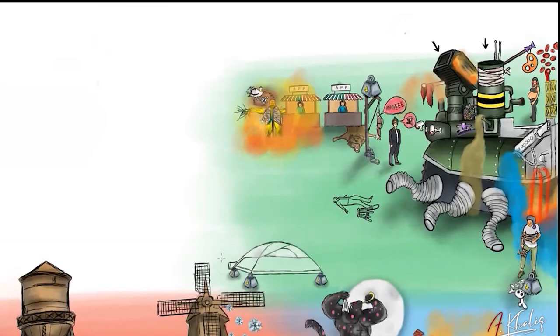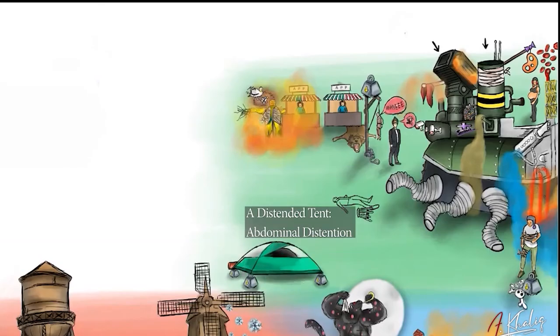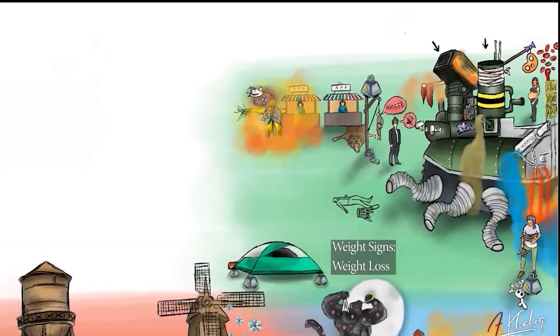Next, we're going to talk about abdominal distension, and we're going to represent this with a distended tent that looks like abdomen. Now, this distended tent is supported by 4 different weights. So, in a distended abdomen, you're going to ask about weight loss. And one more thing, this abdominal distension is quite different from ascites. Now, ascites is just fluid, and abdominal distension is a big category. It can have other different causes, including ascites. Now, it can have obesity, pregnancy, ascites, intestinal obstruction, or ovarian cyst.